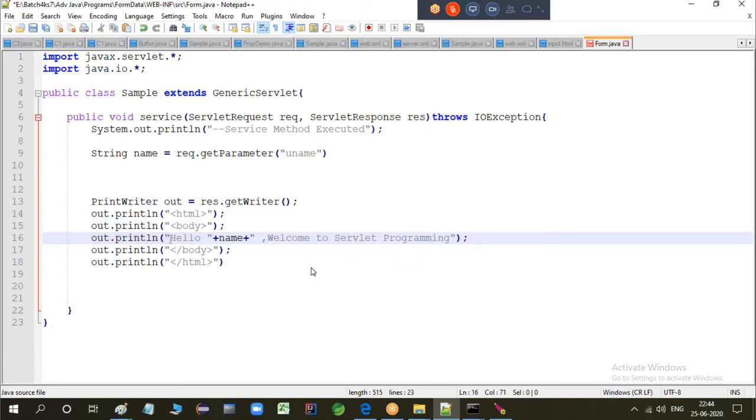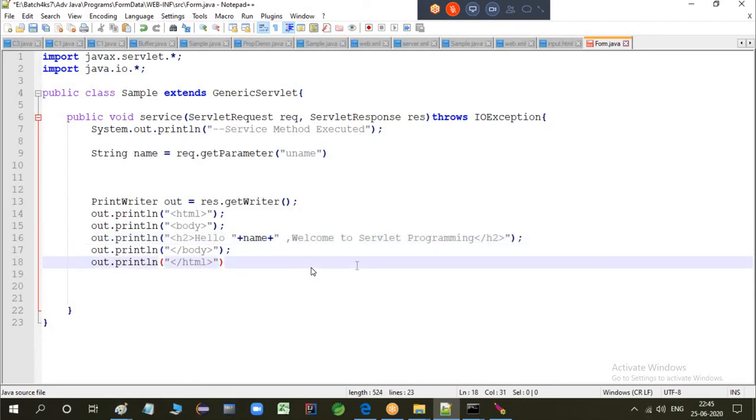Both things I wanted to display in larger fonts. What I can do, hello in h2 and end the h2. Okay, clear about this concept? Are you able to understand what's happening here?